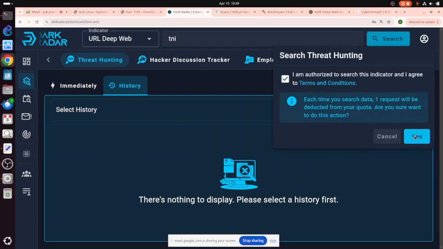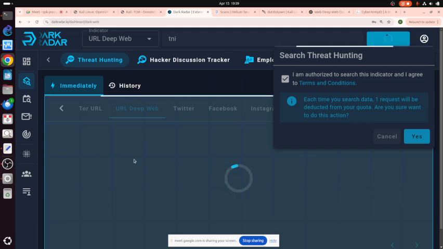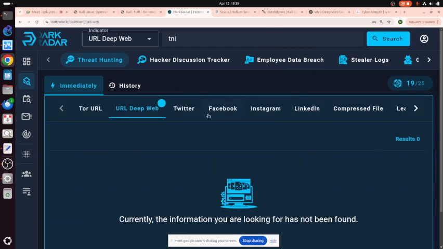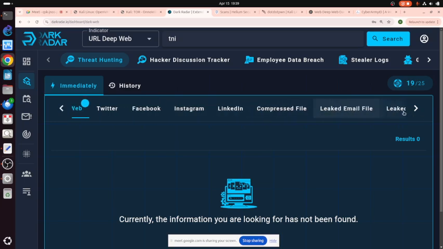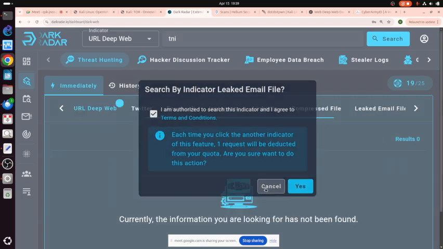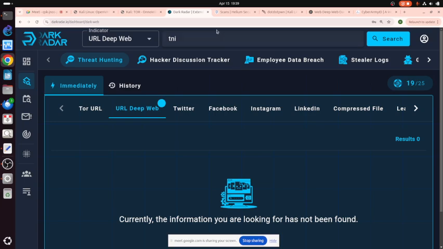See if there is anything. Nothing. Leak email file. Each time you click, it's one request, and I will run out of quota. But basically, you can do something like that. Okay.